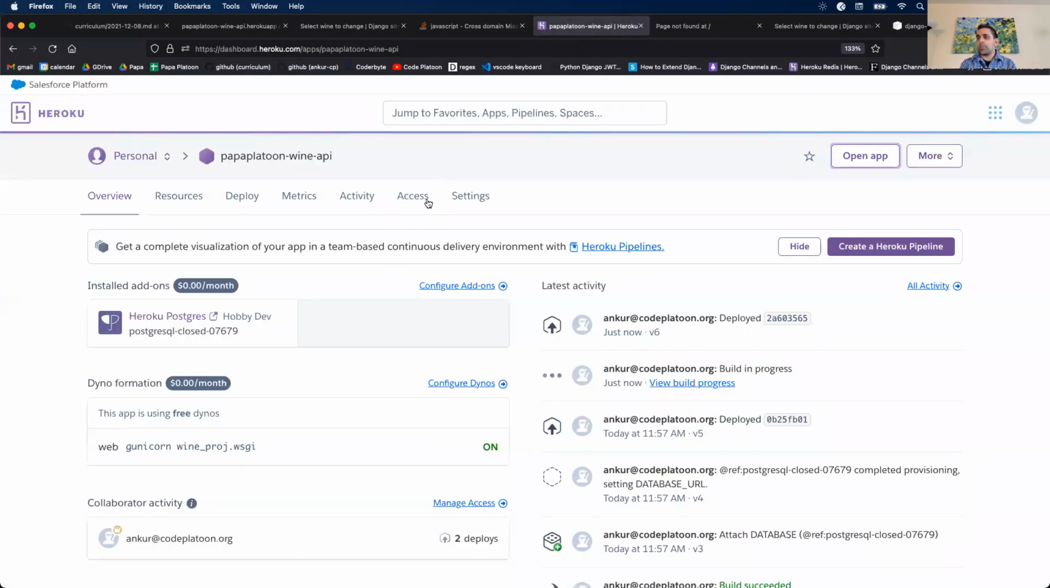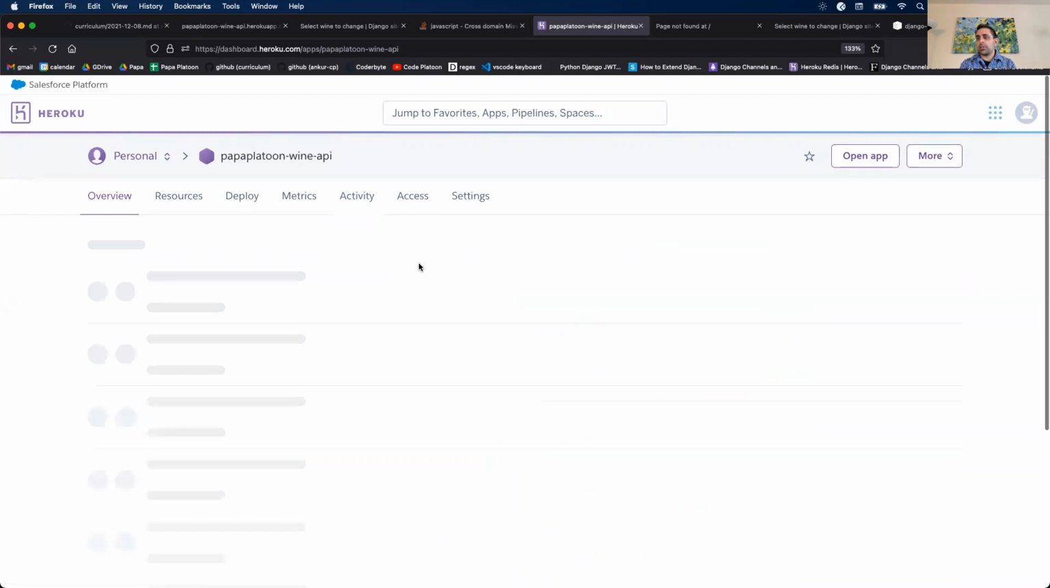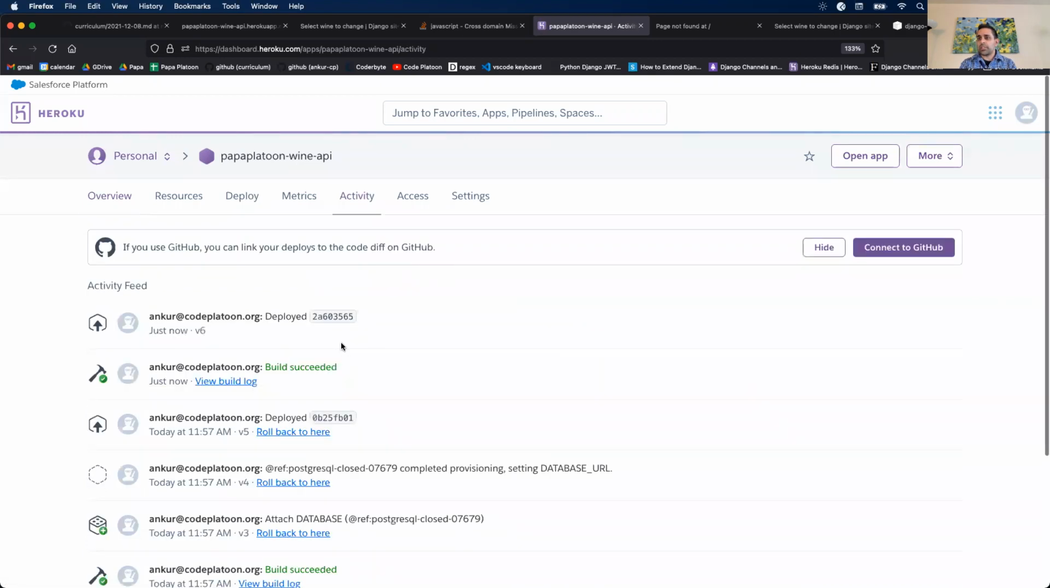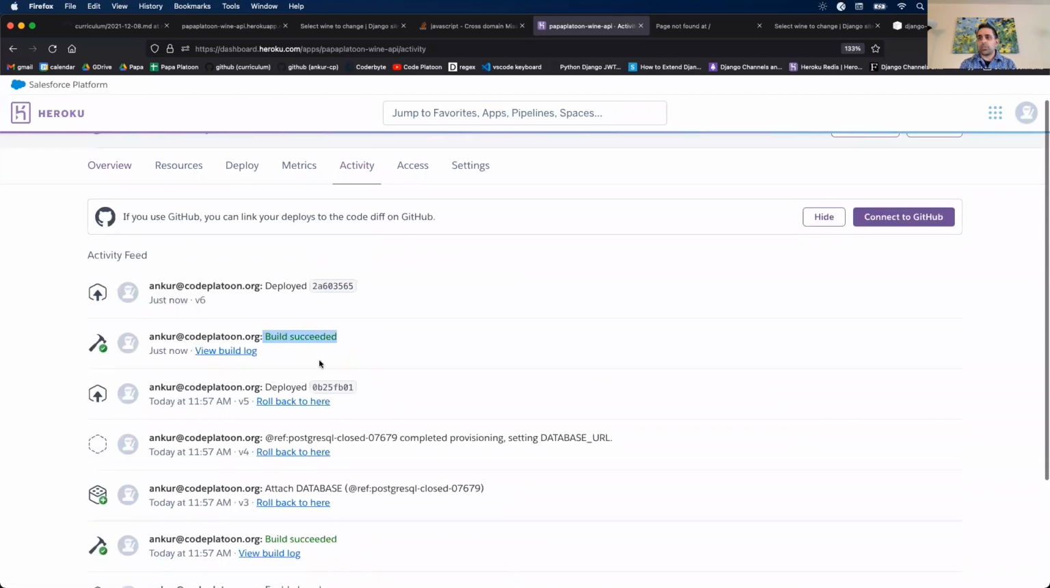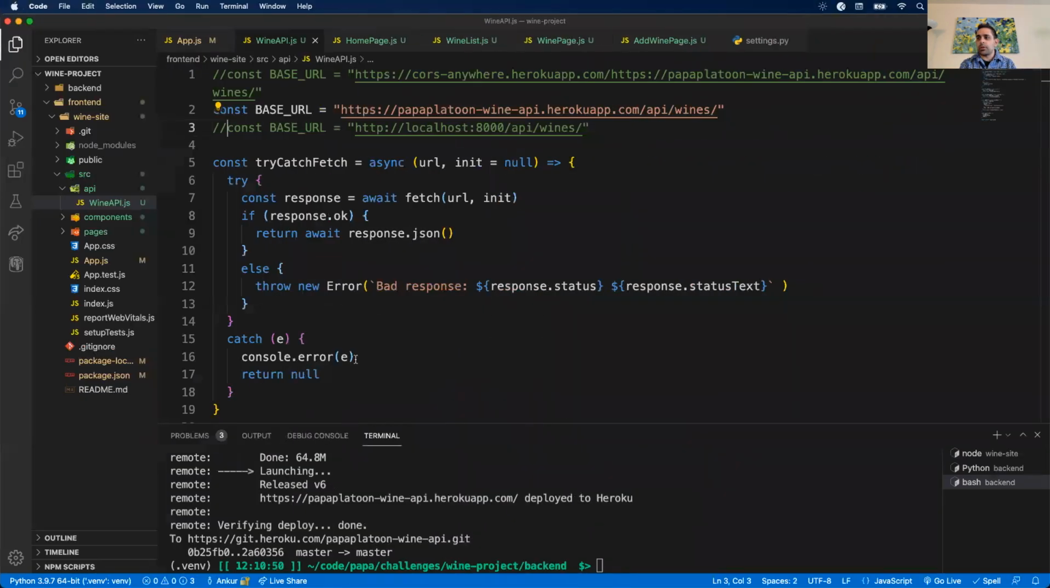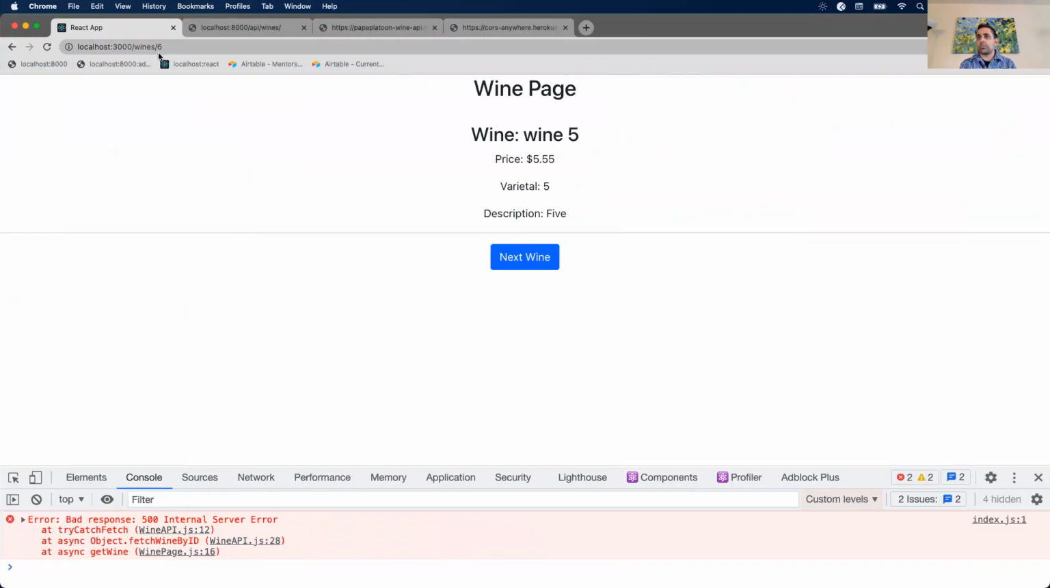Here's my app. Let's check it out. Activity. So this has an activity log. It looks like build succeeded, so that means my server should be up and running. So let's give this a try now. So go back to my homepage,